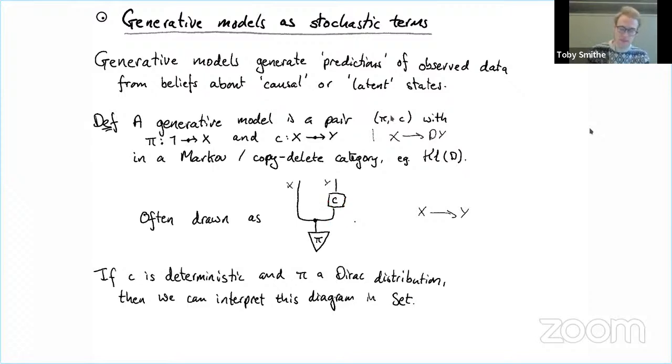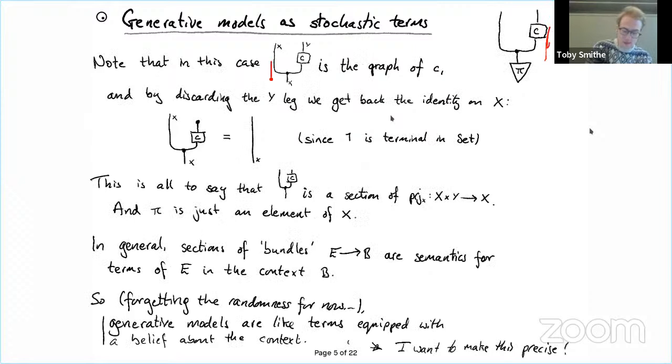We can think of the top part here as representing just the graph of this function C, going from X to Y. And then we can discard this Y leg because we've got this nice deleting structure